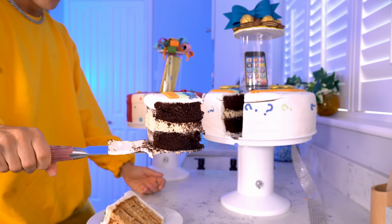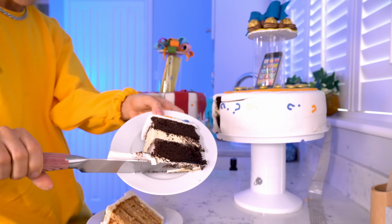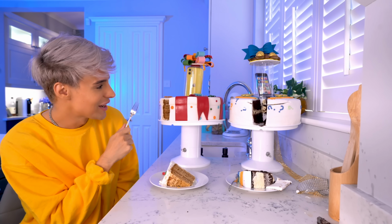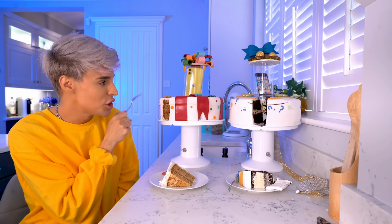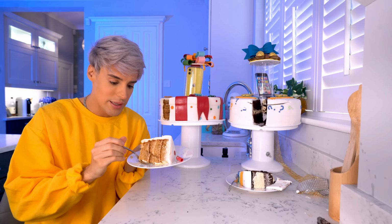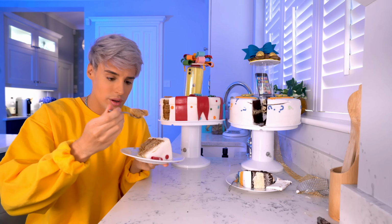That's like an Oreo cookie. Everything is forgotten. I love you, cake. You are the winner. What a slice, honestly. These are very weird looking cakes. Like, if you just click this video in this exact second, you would be so weirded out by the whole thing. It's pointless to try the outside bit, because I don't like it, so...